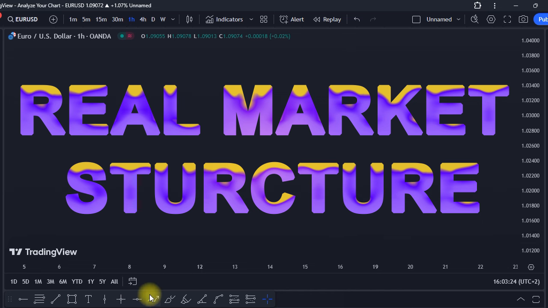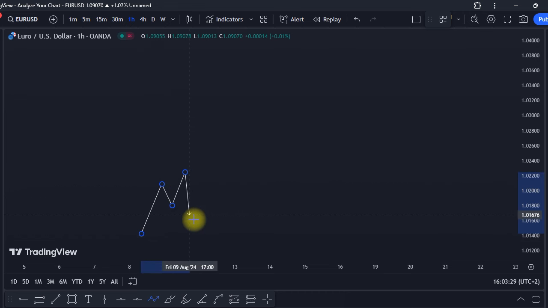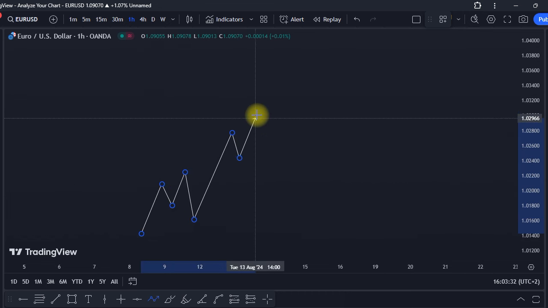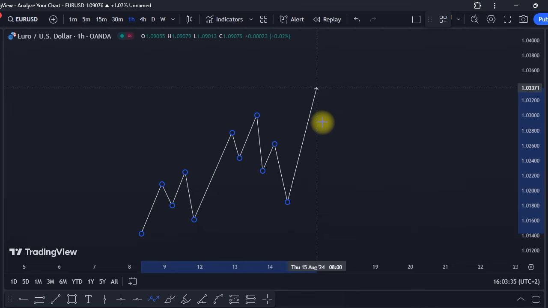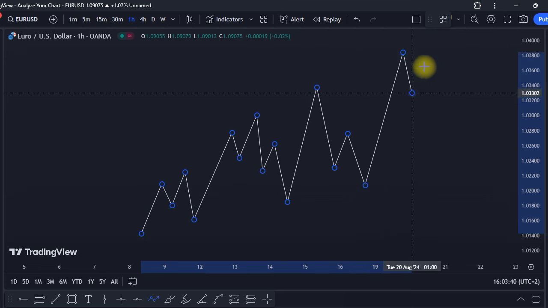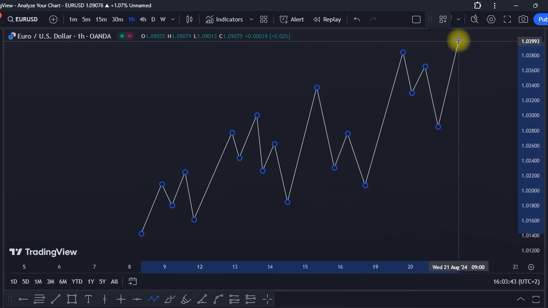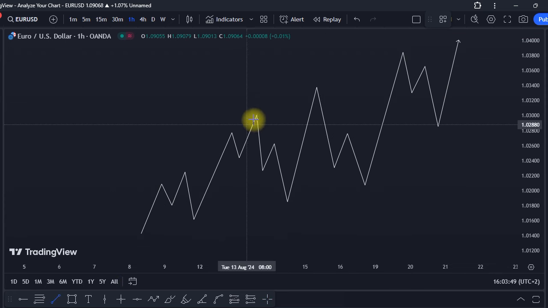So this is what we can expect from the market. Okay, so this is what usually happens in the market. This is an example of an upward trend that could take place in the market. So as you can see here, this is an upward trend. We can spot our highs here, we can spot our lows,